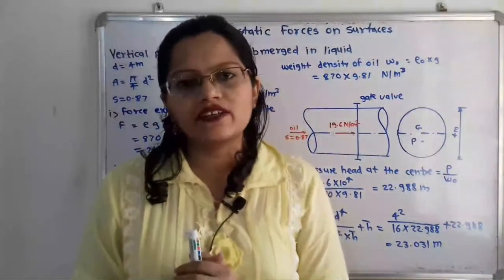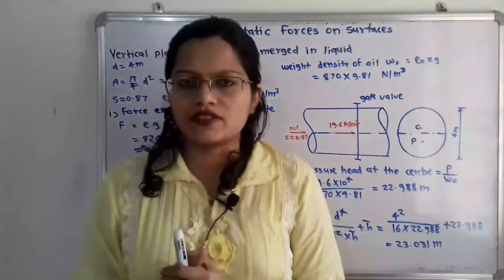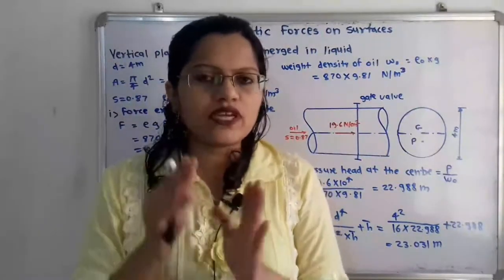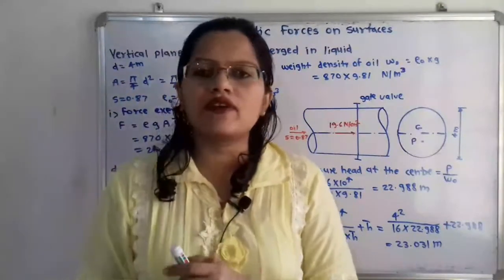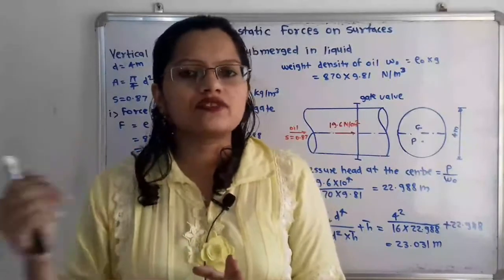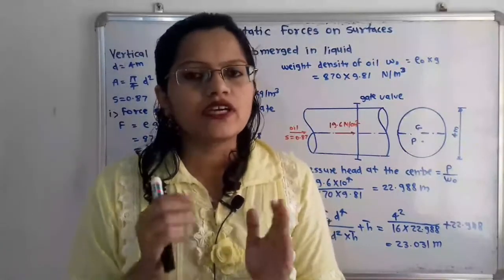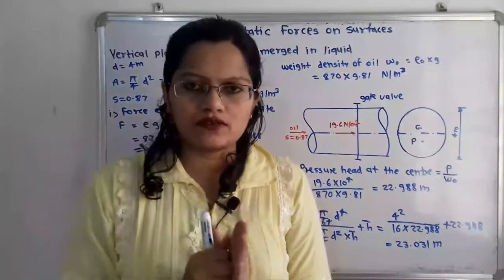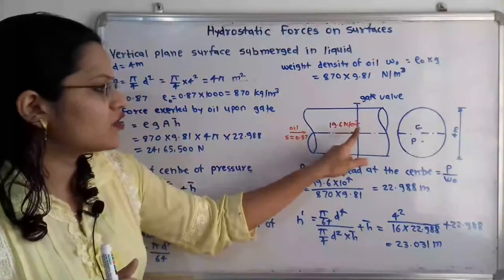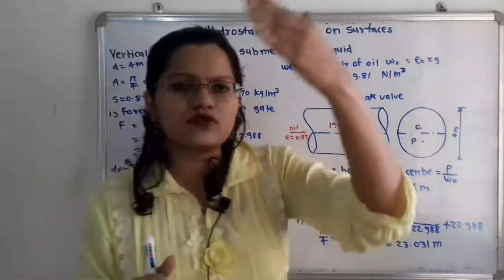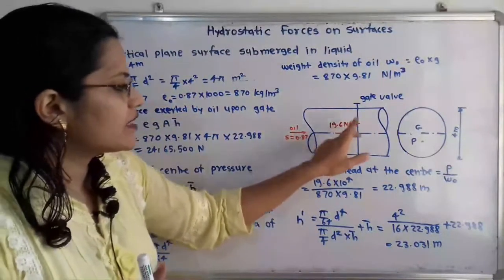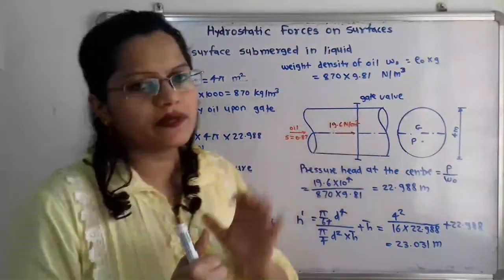But what is the standard unit? That is Newton per meter square. So we have to convert it into Newton per meter square. Here, centimeter square we will first convert into meter square. 1 centimeter is equal to 10 raised to minus 2 meter. So 10 raised to minus 2 into 10 raised to minus 2 is 10 raised to minus 4. But here centimeter square is in the denominator, so if we take this 10 raised to minus 4 in the numerator, it will become 19.6 into 10 raised to 4 Newton per meter square.